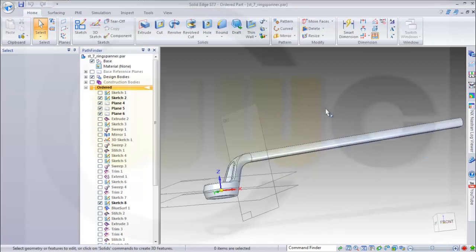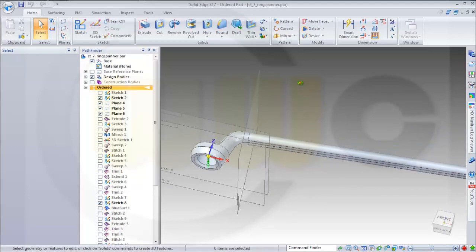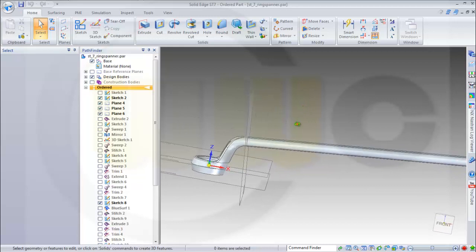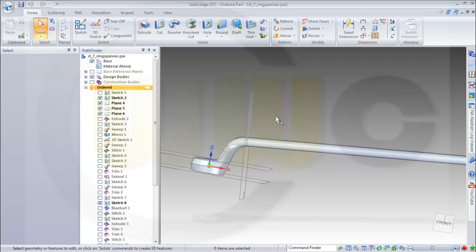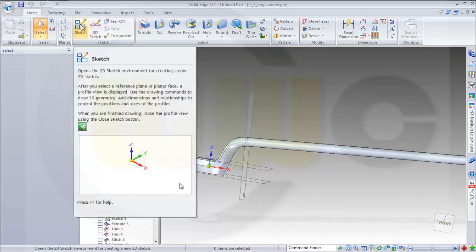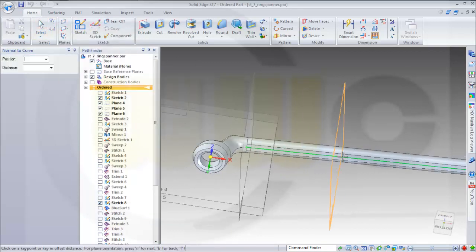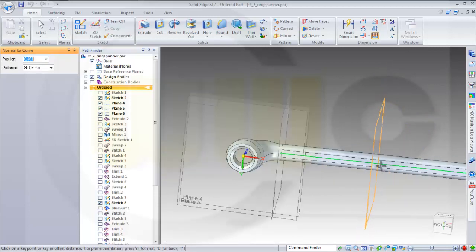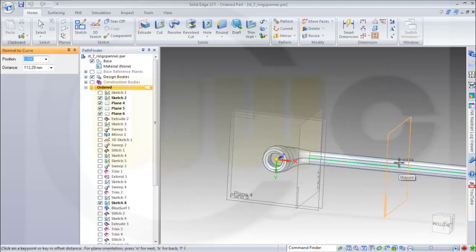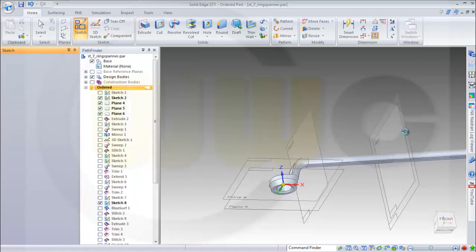Okay, I want to make a circular pattern, therefore need a reference point, and let's take a look. I need a sketch. No, I need a plane normal to curve. That's the curve, and there should be somewhere a center point. Okay, midpoint, that's okay. Then a sketch on this plane,